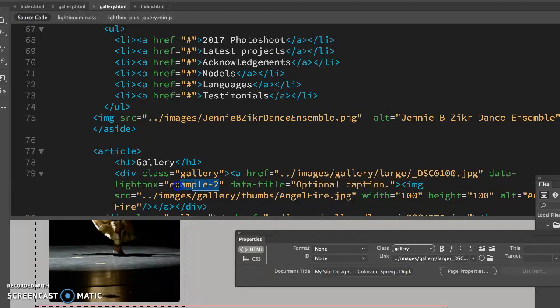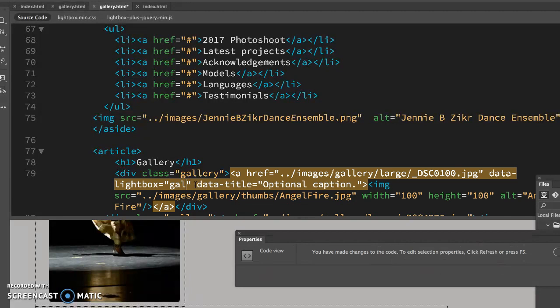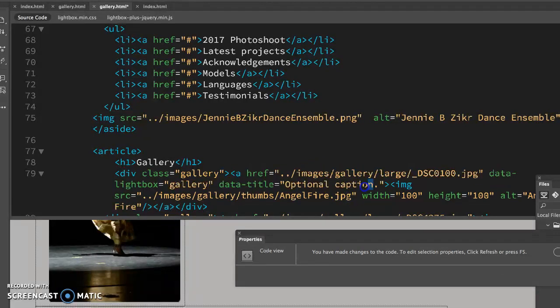Now, I'm going to change this because what this does is it groups all my images together via this name. I don't like example 2, so I'm just going to call it gallery. You can name it whatever you want. And then the caption, I'm going to just go ahead and take the